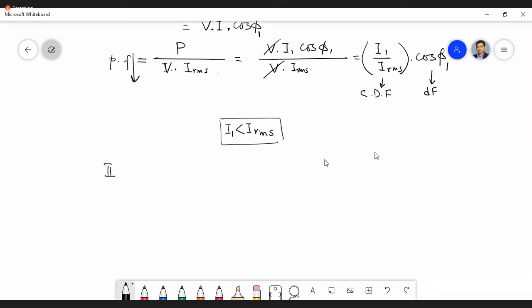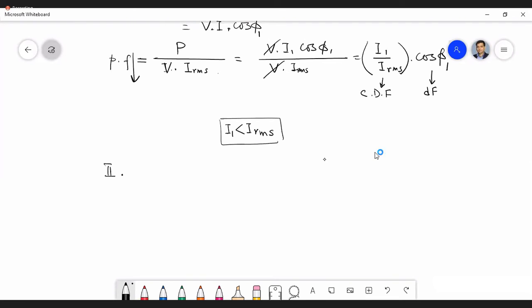Now, this second point where we have said the distortion of the bus voltage. What do you mean by that? Bus voltage means that voltage which is incoming, that means the Vm sin omega t itself. In the first point, we assumed that bus voltage is sinusoidal. Now we are saying that the bus voltage will also be distorted. Distorted means it no longer remains sinusoidal.